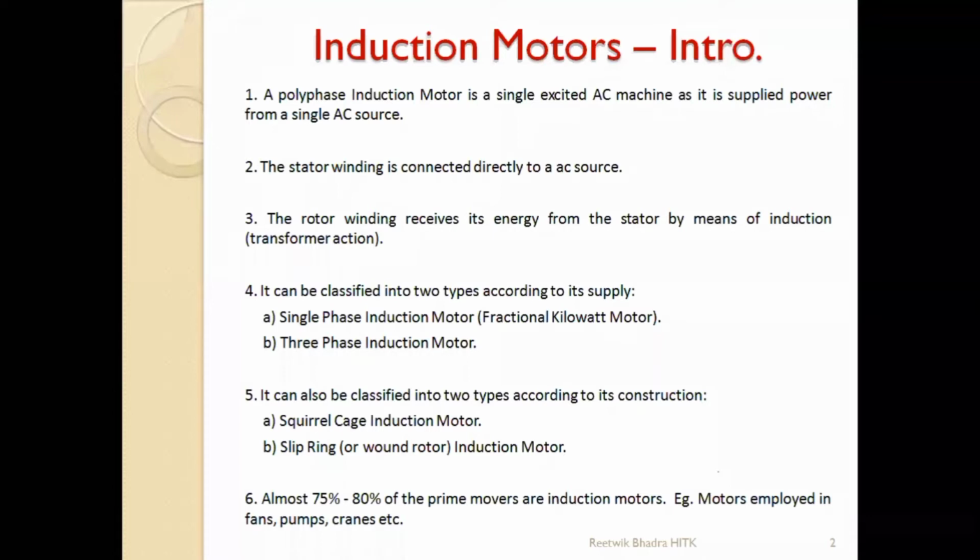In the alternator, what happens? You have the field windings excited from a DC supply, and the other winding is given a three-phase supply. So it is a double-excited machine. You have two different excitations for your rotor and stator. But over here, only the stator is given the supply. So only one single AC source is required, and the rotor conductors are placed in the magnetic field generated by the stator. So it will automatically rotate as force will act upon it. We'll come to that. So one single supply, you should remember.